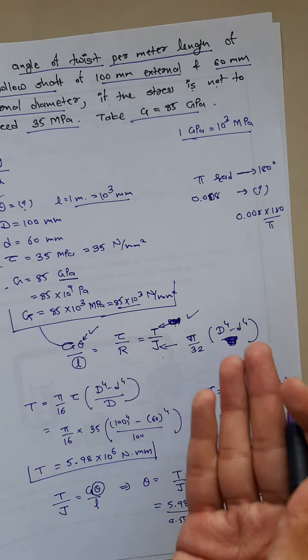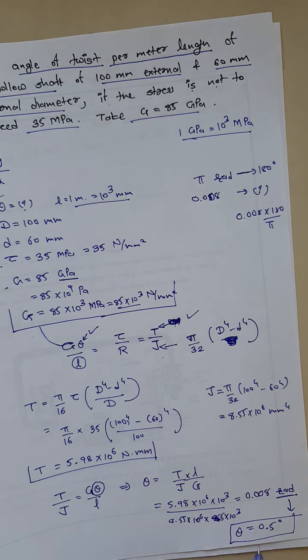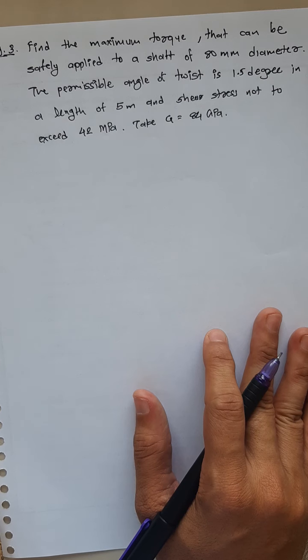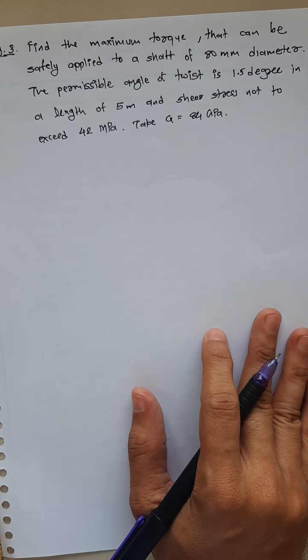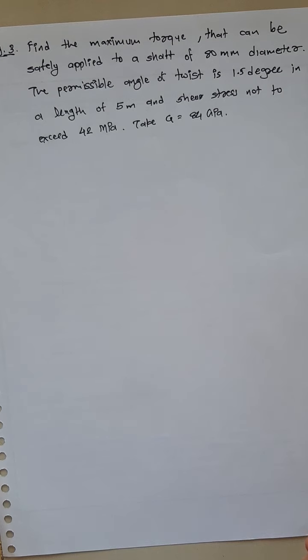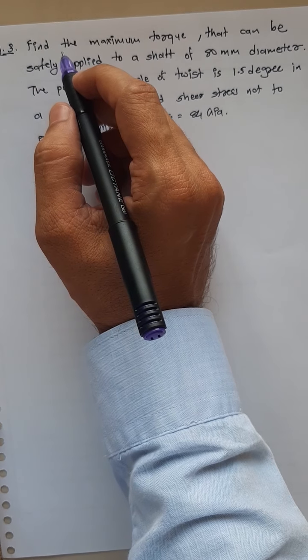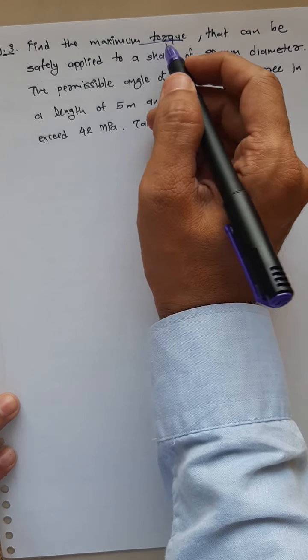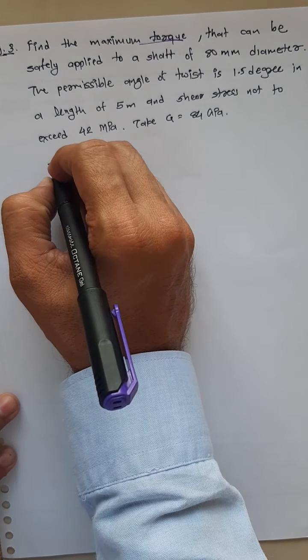Okay, so in this way you will get the answer theta is equal to 0.5 degree. Let's have a look at the third example. Let me arrange it. Okay, so third example, find the maximum torque. You have to find torque